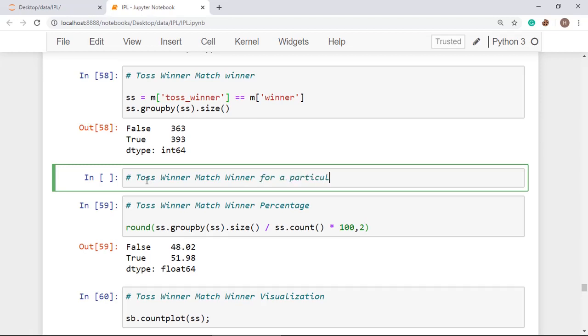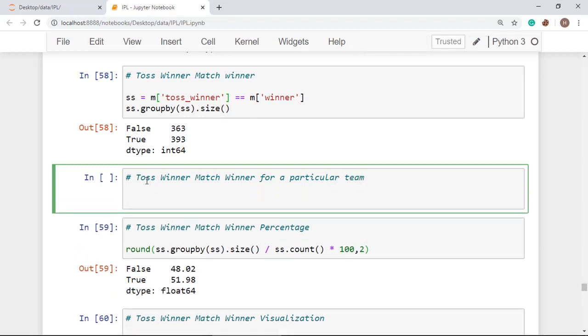All right, so what we have to do: create a data set. So I'm taking like HSR is equal to, here I'm taking M and taking toss winner is equal to Mumbai Indians.